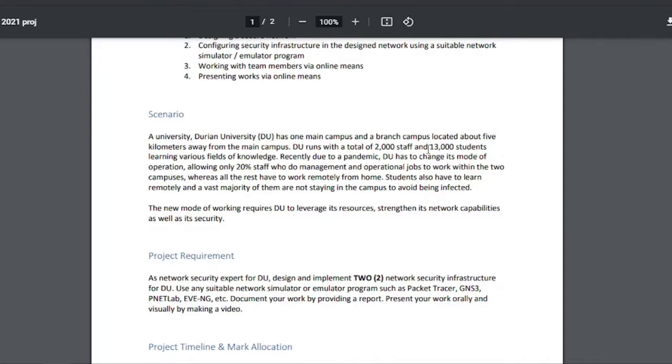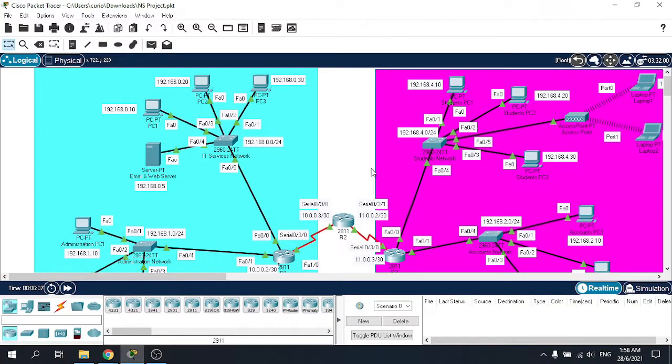The university runs with a total of 2,000 staff and 13,000 students, learning various fields of knowledge. Recently, due to a pandemic, the university has to change its mode of operation, allowing only 20% of staff who do management and operational jobs to work within the two campuses, whereas all the rest have to work remotely from home. Students also have to learn remotely, and a vast majority of them are not staying on campus to avoid being infected. So the new mode of working requires the university to leverage its resources and strengthen its network capabilities as well as security. To show our design,